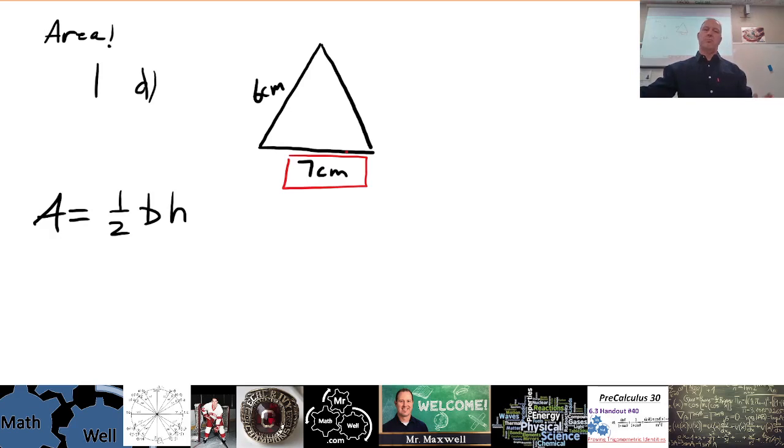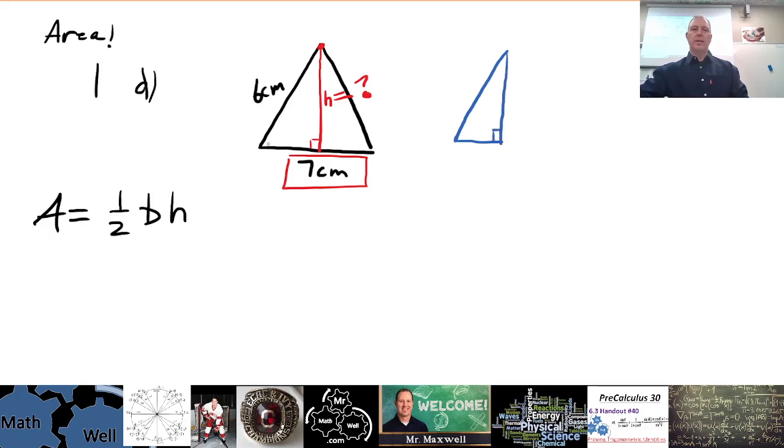as the base, okay? And the height is actually the distance from this corner, this vertex of the triangle, down to the base where it forms a 90-degree angle. So this is the height, and we don't know what the height is. You see that? But we are given the fact that the base is 7 and the side length here on the triangle is 6. So we have to find the height, and what you should notice is that we actually have, and I'm going to redraw this part right here, we actually have a right triangle